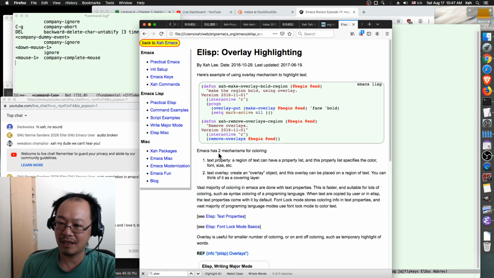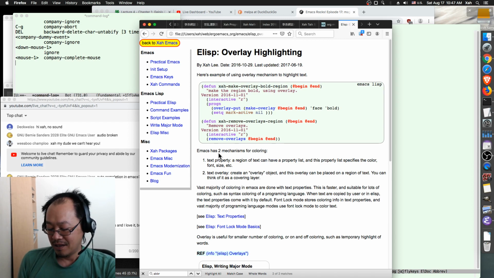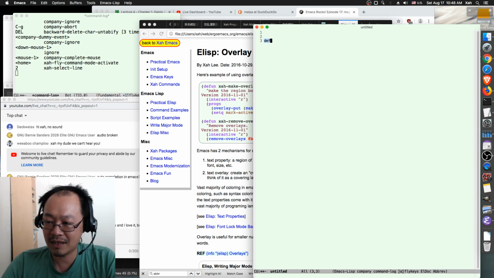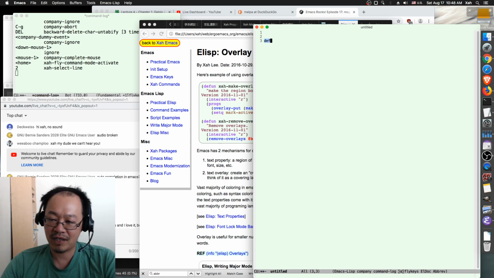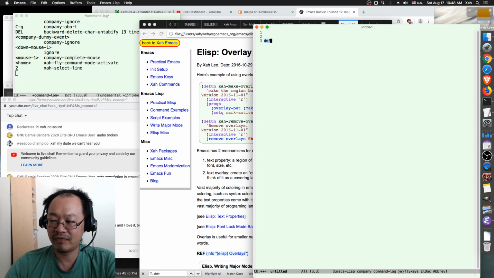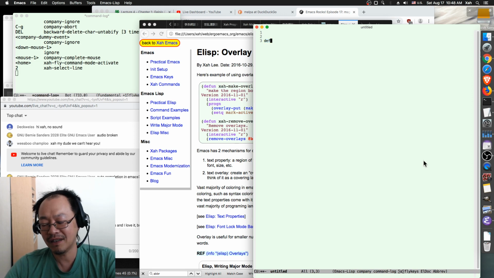It is using the mechanism of overlay. I'm not in a position to explain the details because I have to look at it. I haven't looked into it, but I believe I looked at it a little bit several years ago, and I kind of got confirmation. It's a hack because